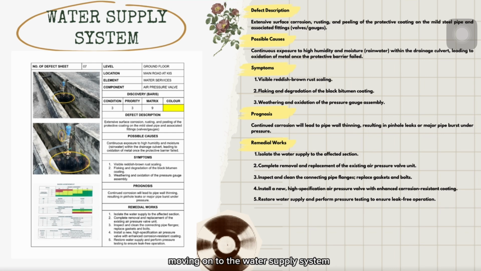Moving on to the water supply system. The water service system on the ground floor of the College Indra Sakti shows extensive surface corrosion and peeling of the protective coating on the mild steel pipes. This continued corrosion will eventually lead to pipe wall thinning, resulting in pinhole leaks or major bursts. I recommend replacing the affected section and installing a new high-specification pressure valve with enhanced corrosion resistance as the remedial